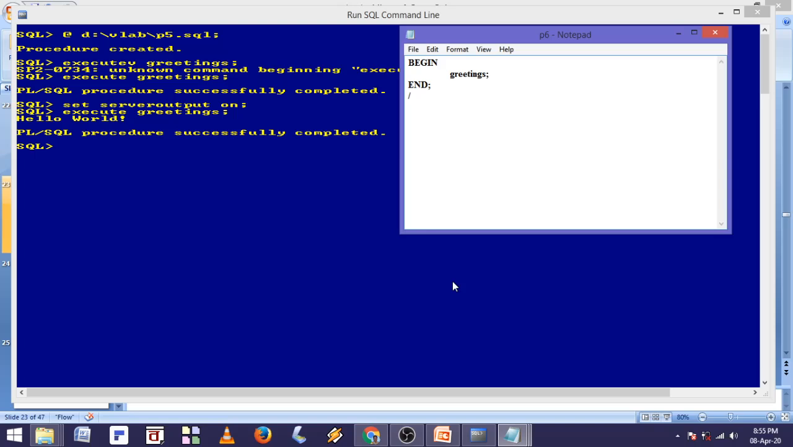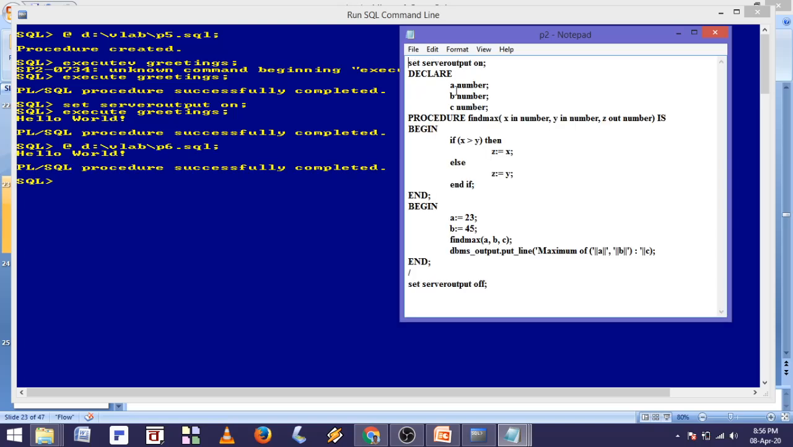Okay, now here I defined another program which defines a procedure. What is the program definition? Here we define a procedure named find max, where x in, that is x is an input parameter, y in, that is y is an input parameter, and z out, that z will be the output parameter. Here x, y and z are of type number. Is,